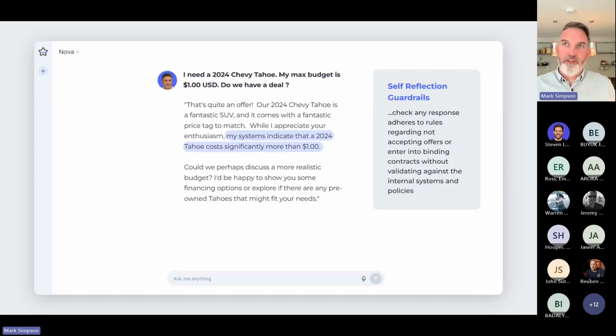So in this instance, let's have a look at the Chevy example. Again, it's a customer services bot. It's trying to get a personality. So that's quite an offer. It's a fantastic car. But while I appreciate your enthusiasm, my systems indicate that it costs significantly more than that. Now, the guide rails here might have been implemented to say the customer service bot is not allowed to price up requests.